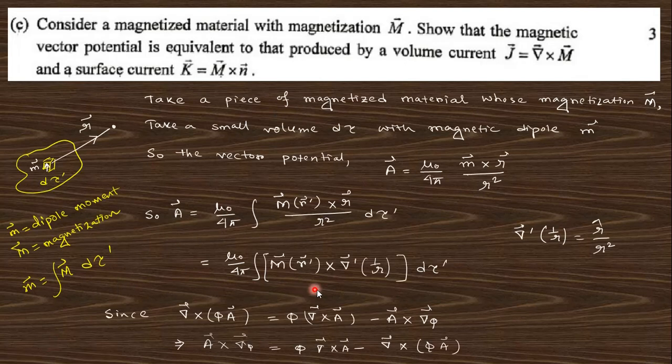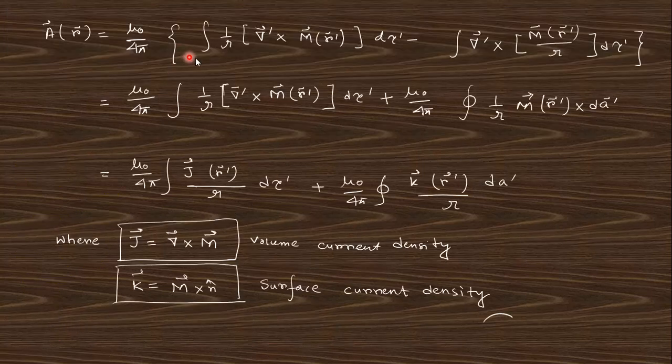You can see here, we are actually taking this from the vector identity, curl of phi A equals like that. So A cross B, here this is A, this is grad phi, this is nothing but the r grad prime 1 by r, this is nothing but the r prime grad prime 1 by r. So after that, if you use these tricks, you can separate into two forms, and this transforms using the Stokes theorem. You can transform this using the Stokes theorem.